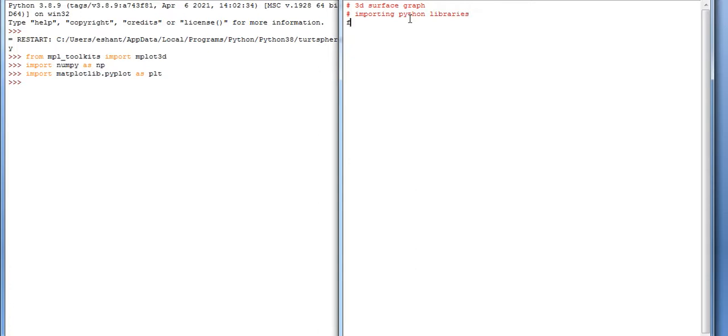Then import from matplotlib toolkits, import mplot3d, then import numpy as np, then import matplotlib.pyplot as plt. So three files we have to import, and after that we are defining